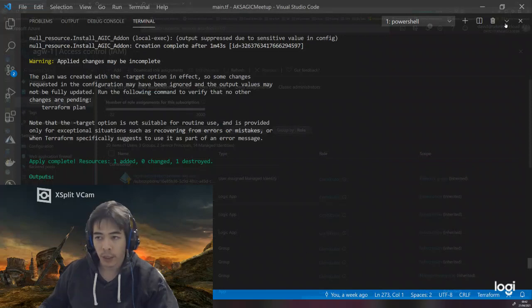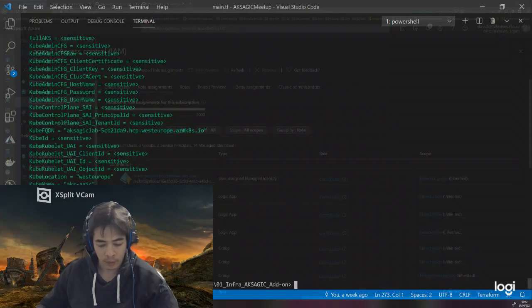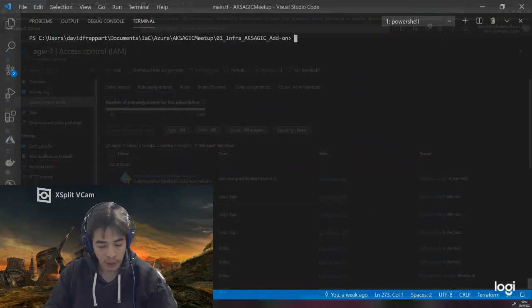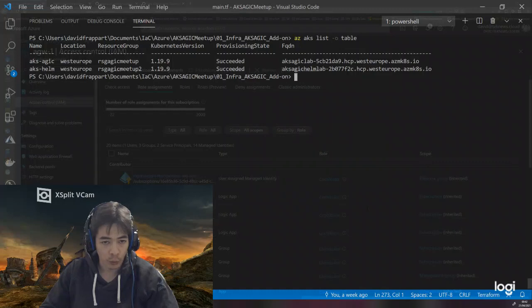Okay, so now let's clear this thing. If I'm doing an AZ AKS list, I should have two because I have another one ready for the next part.